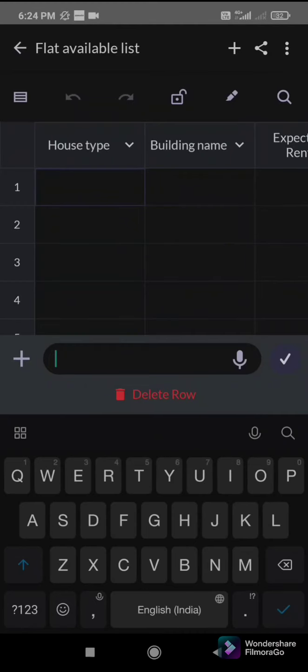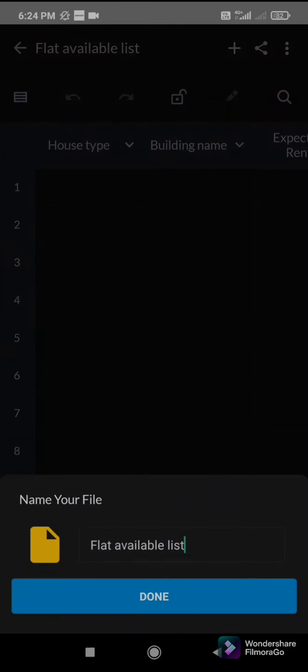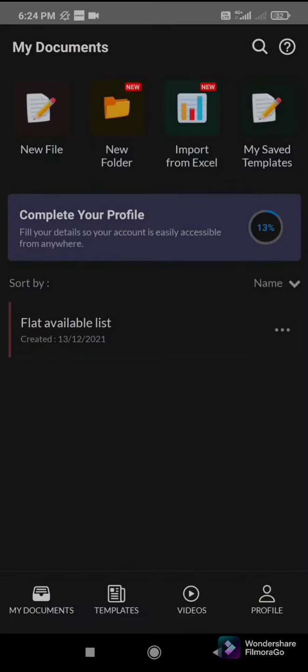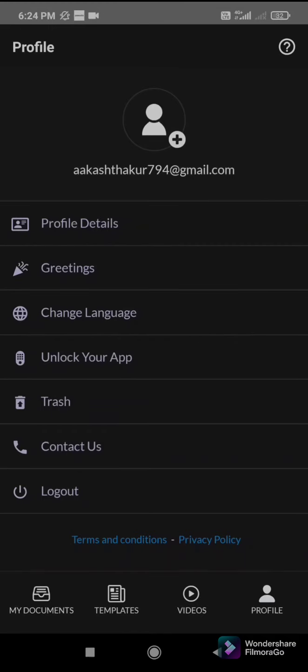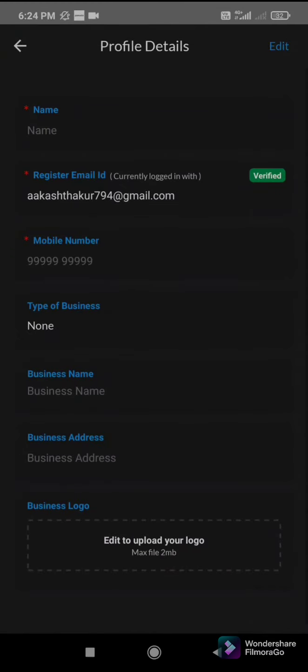Okay. So you can also edit your profile here. In the profile you can put your profile photo, and in the profile details you can also add a mobile number, email ID, and the type of logo. If you are involved in some business, you can also put the logo of that business and mention the address and all for the same.